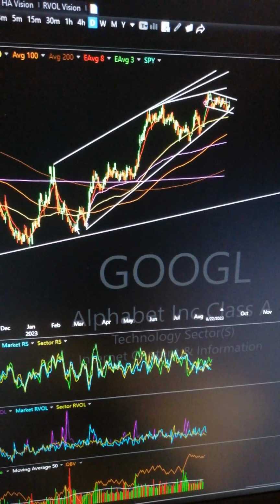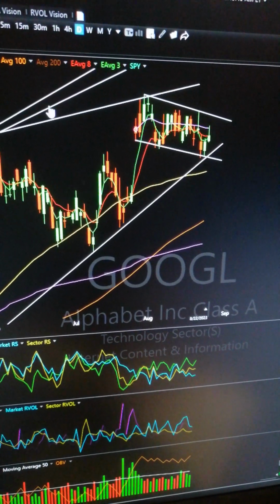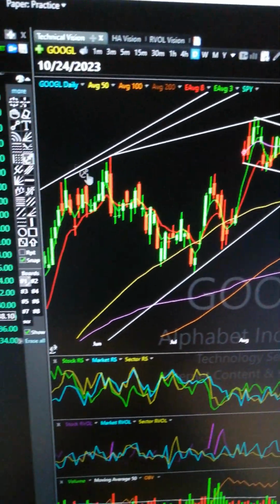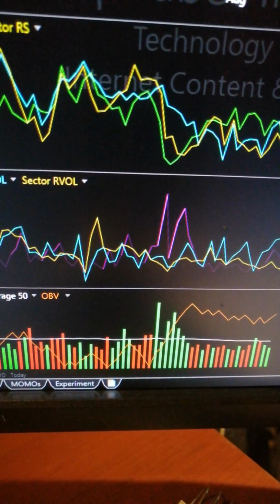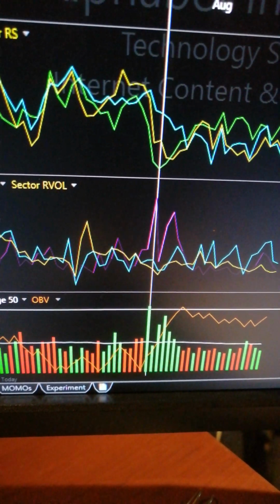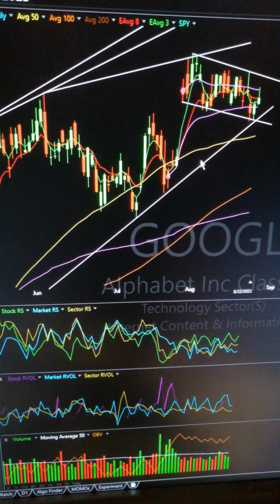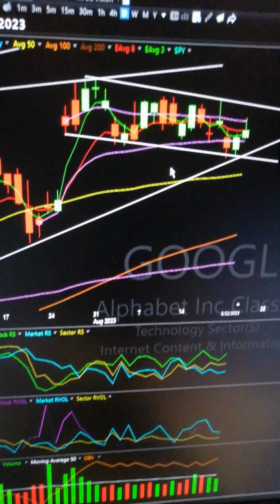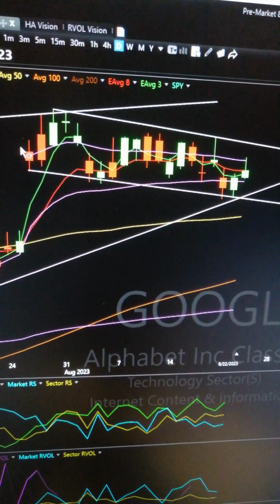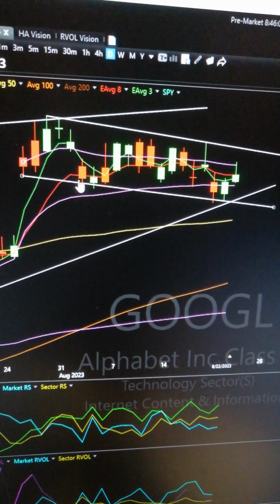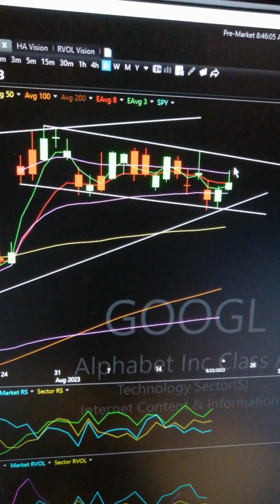But if you look at this big giant line of support right through here, you can also put them at places where there is significant volume, like this area right through here, which is a rebound off of a trend line that's a significant trend line. And then you can see now that Google, after earnings, is in compression, compressing back and forth between these two